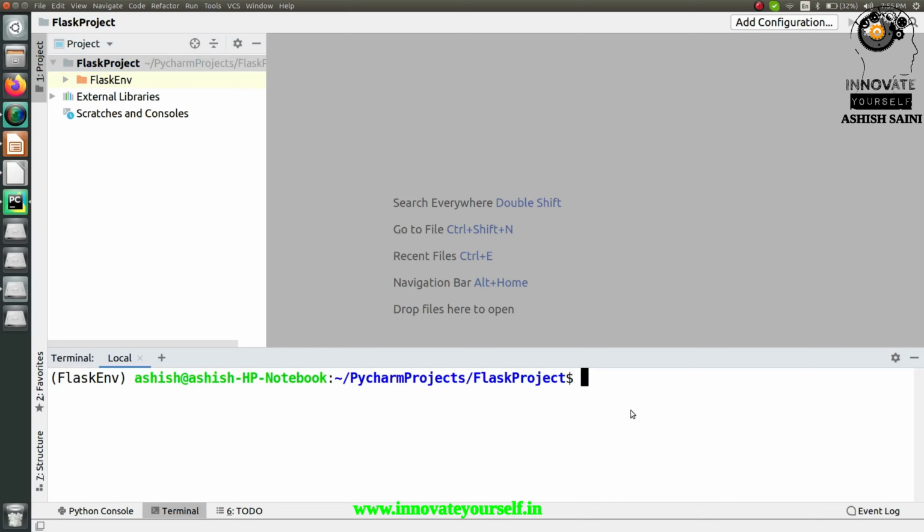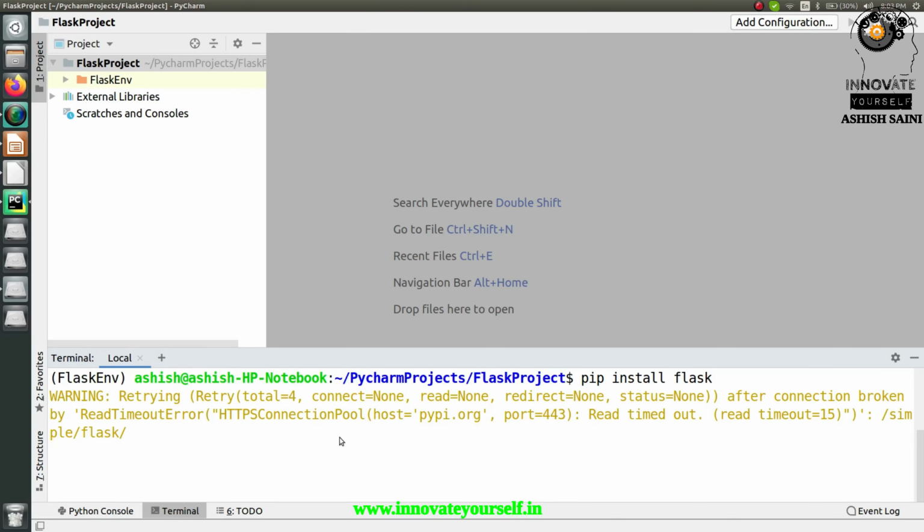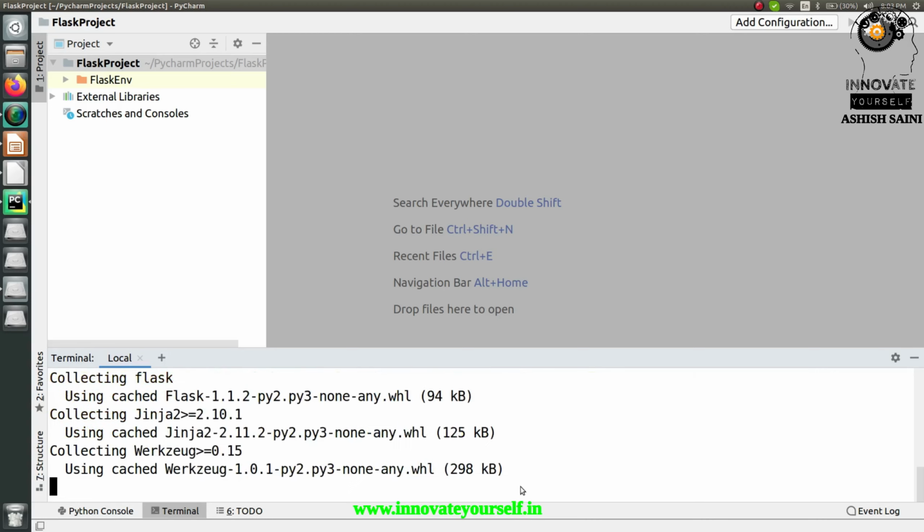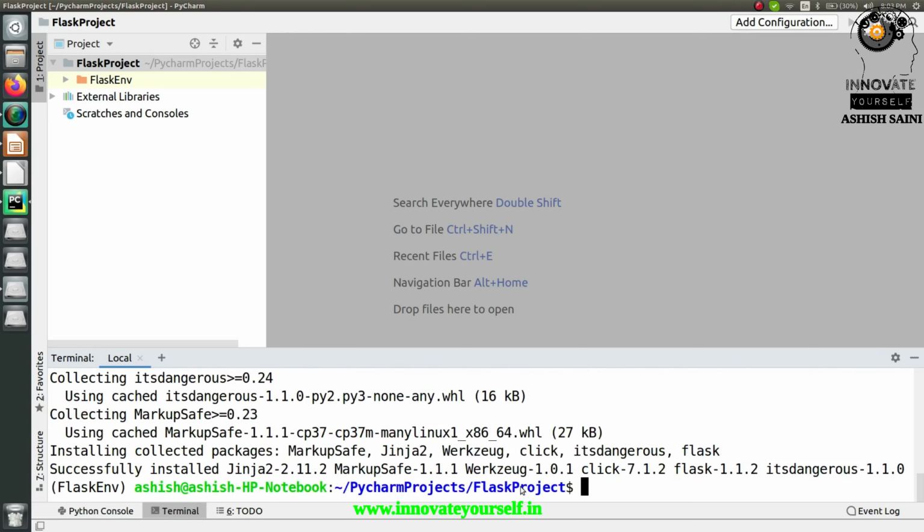In here you have to type one command to install Flask, and that command is pip install Flask, and just press enter. The installation is done. Now we can start with the project and build a first application using the Flask Web Framework.